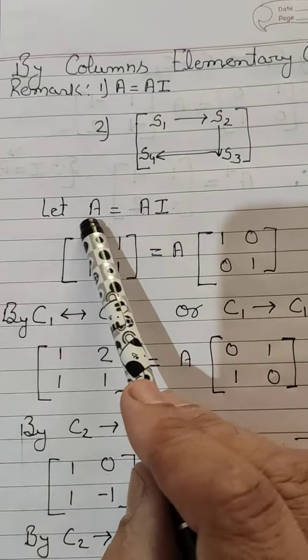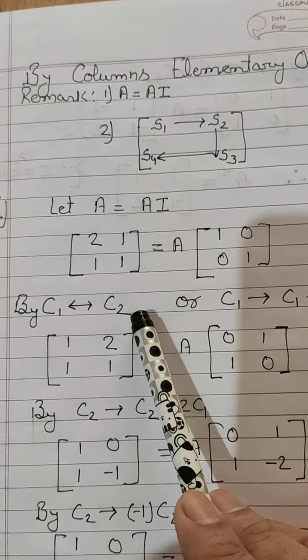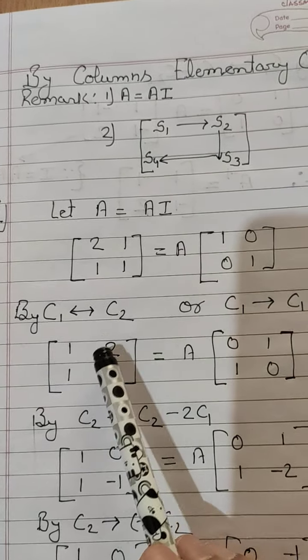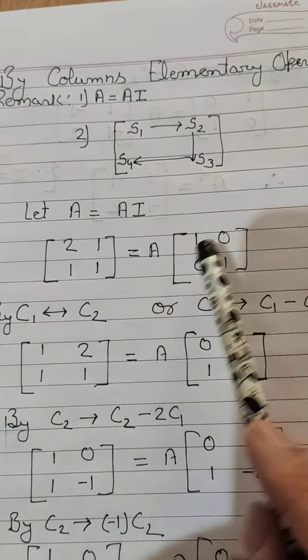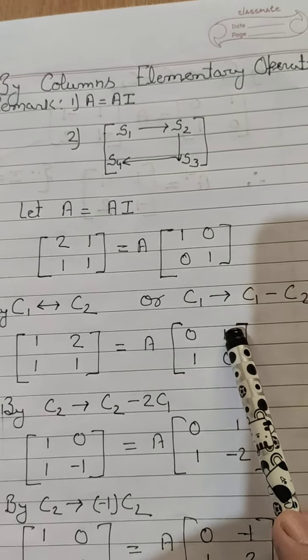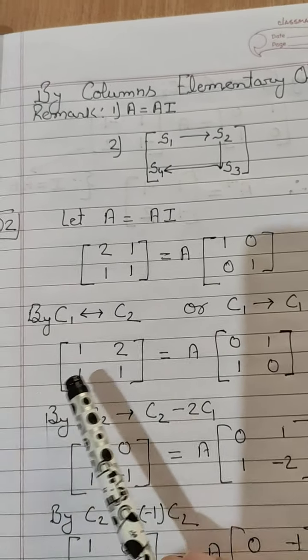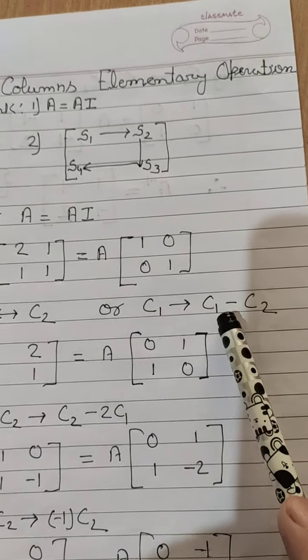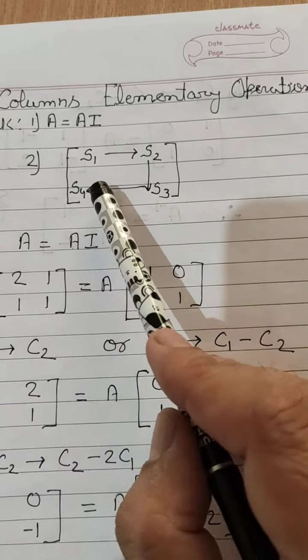So here you want, in place of 2, that is the A11 element, value 1. Two ways you can change it: by C1 interchange with C2, column C1 and C2 you are interchanging. So C1 will come in place of C2, C2 will come in place of C1, in the same way 0 1 1 0, or C1 gives C1 minus C2. I am using this property. One more choice is there. The first step S1 is completed.